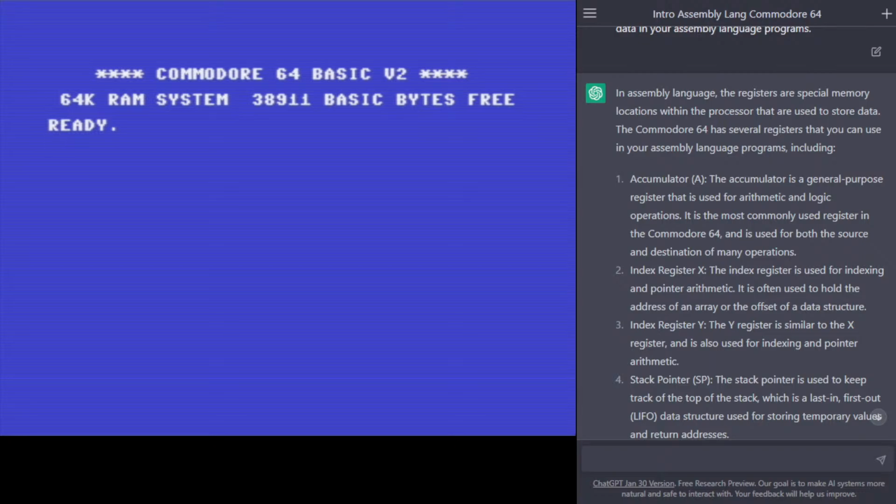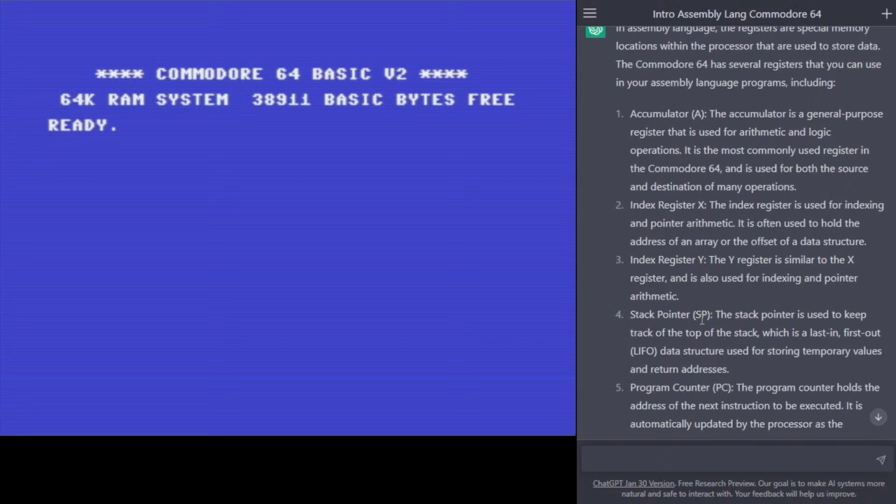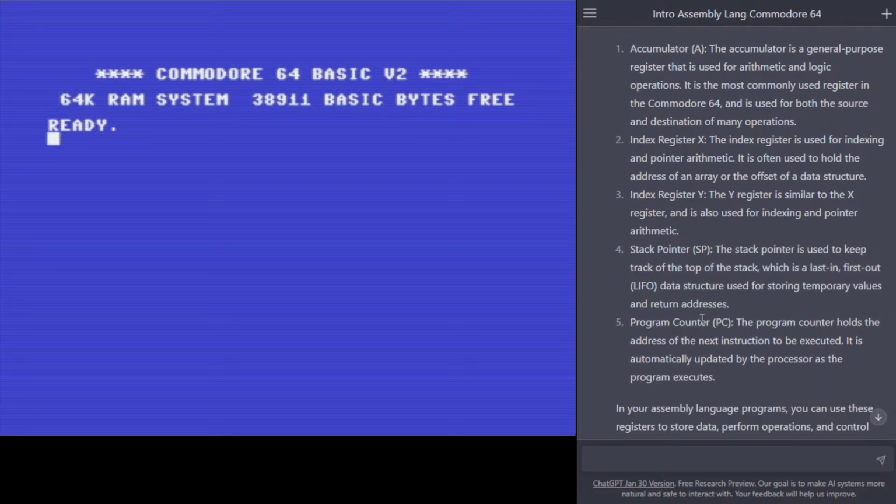It is the most commonly used register in the Commodore 64, and is used for both the source and destination of many operations. Index register X. The index register is used for indexing and pointer arithmetic. It is often used to hold the address of an array or the offset of a data structure. Index register Y. The Y register is similar to the X register, and is also used for